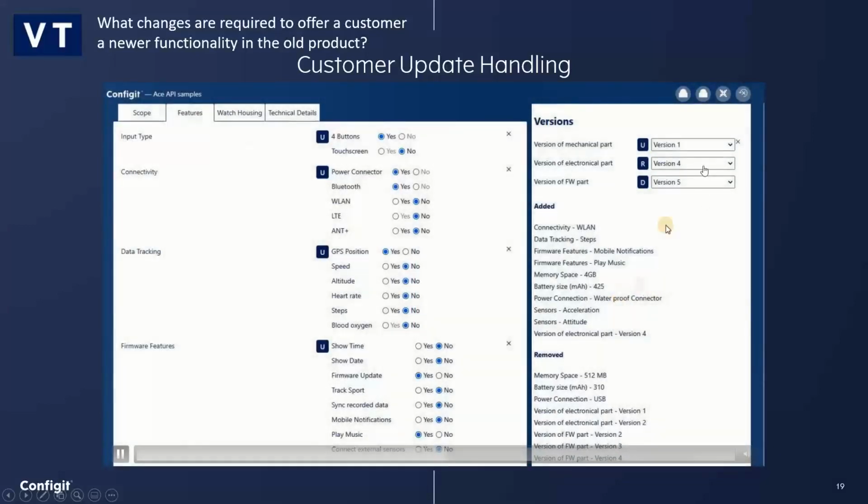And I say assign that, and I can see now the update. So the mechanical part can stay. The electronical part is updated to 4, and the firmware version was updated to the minimum version 5, but you can also install a higher version. And you can see also what else on functionalities the customer will get additionally to the playing